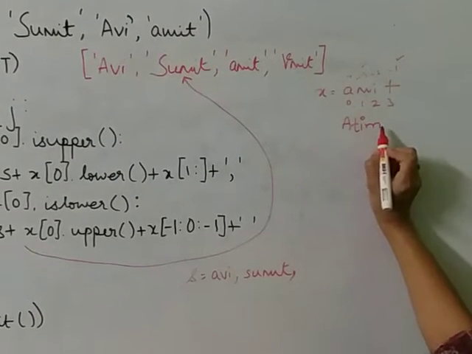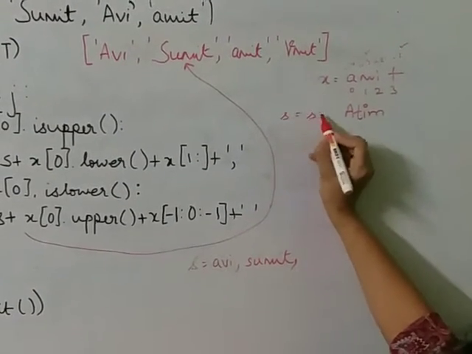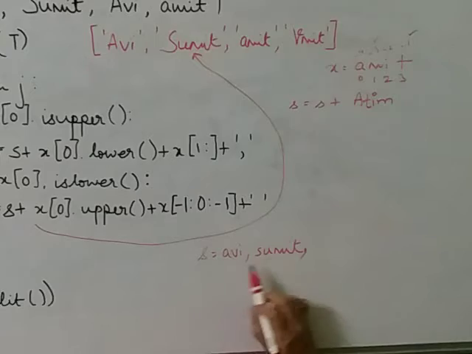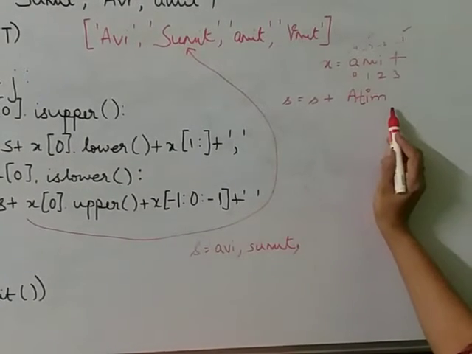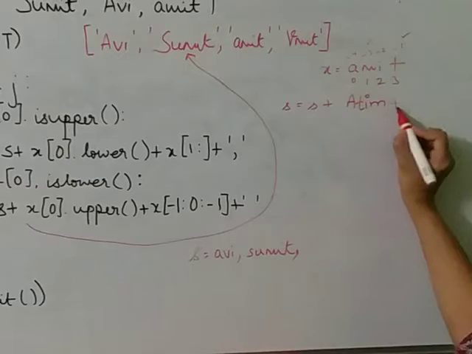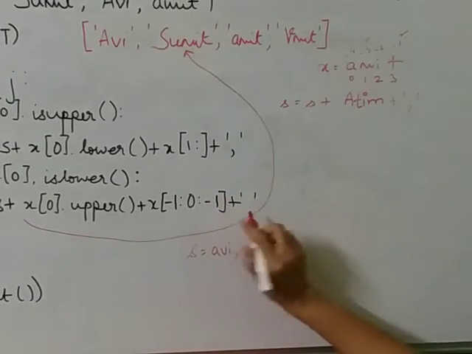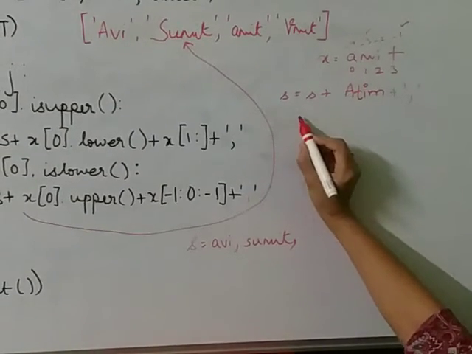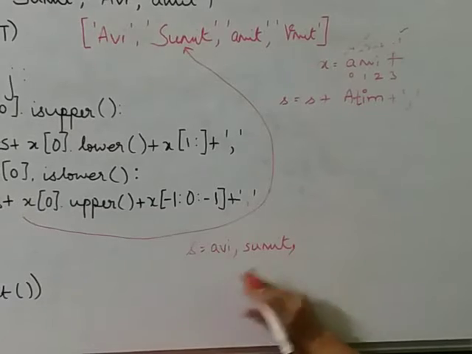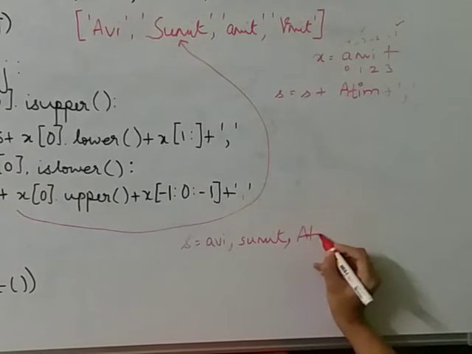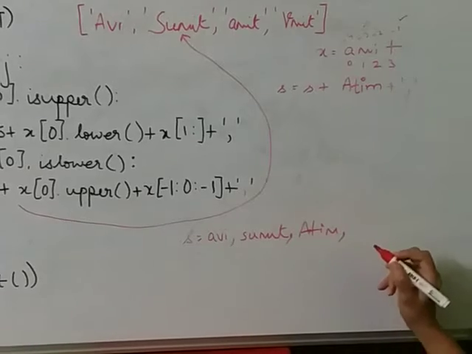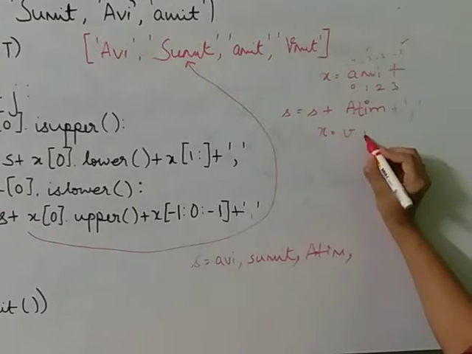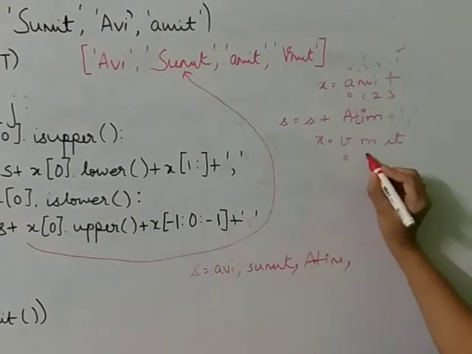Now this is the value, and now the statement is S equals S plus. Now what is the value of S right now? The value of S is this, that means this whole is concatenated with this one. And plus this also, every time we are having a comma here and there. So after doing this one, the value of S will become this plus this, that means A T I M N comma. Again the loop will move up and X will become V M I T with indexes 0 1 2